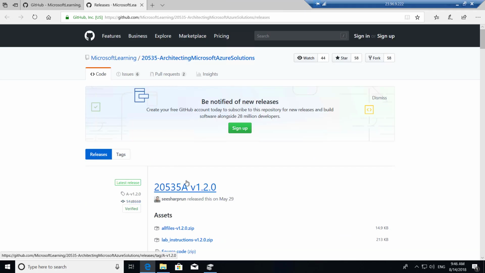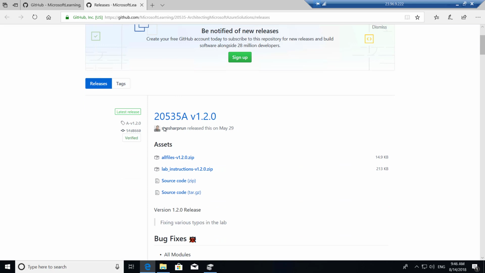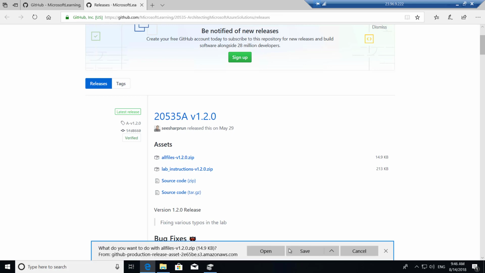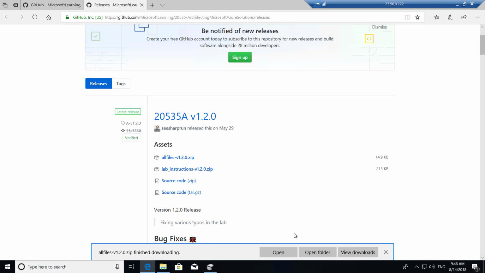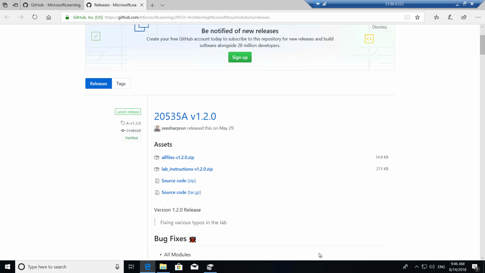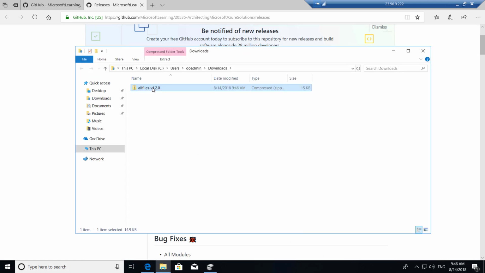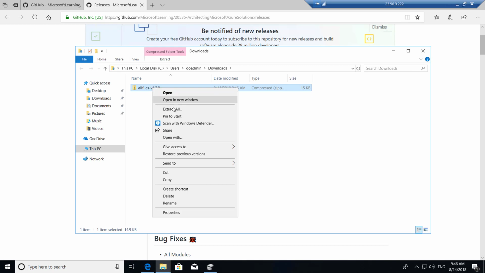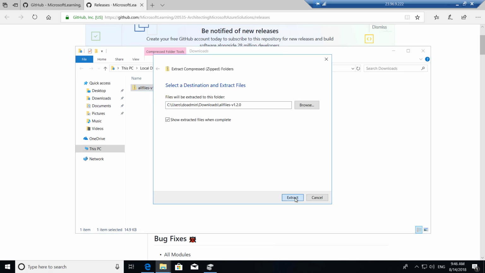you can see the different releases here, and you can see that's the latest release. So what I want to do is download this All Files version 1.2.0.zip. If I click on that and I click on save, it downloads that. So it saved that. I go ahead and open the folder to see the file that I downloaded. If I right click and extract it to the same location,